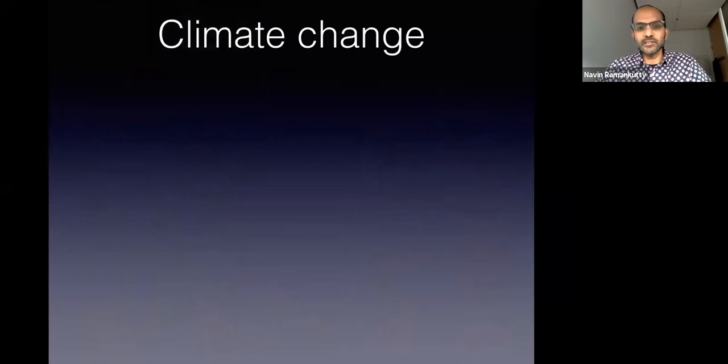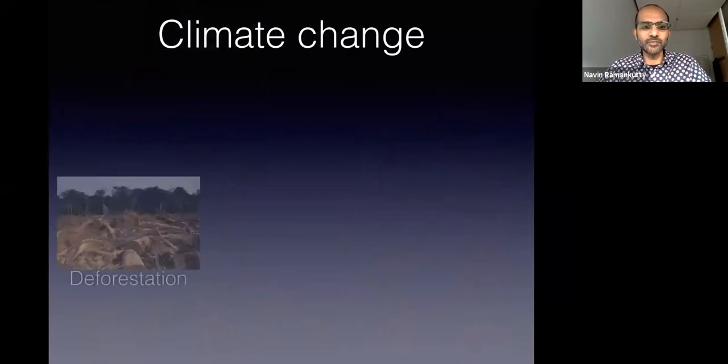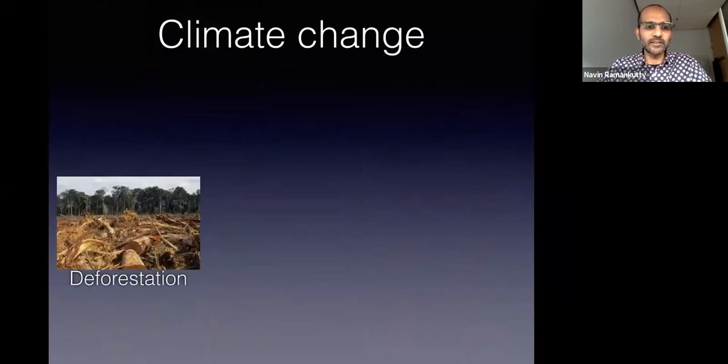What about climate change? When we think about climate change, as I said, we don't think about food systems, but our food system is actually a big part of the climate change problem as well. When we clear lands for agriculture, when we clear forests, that deforestation releases carbon dioxide because plants are made out of carbon.